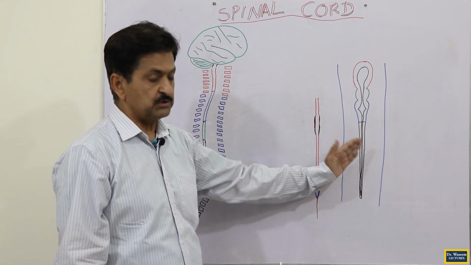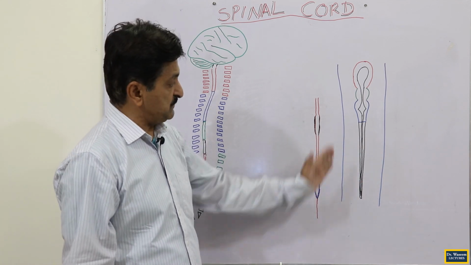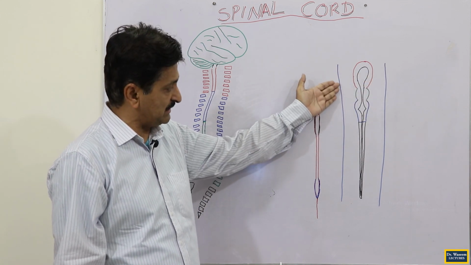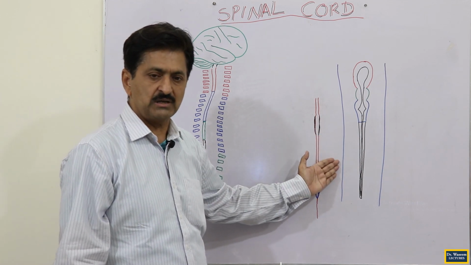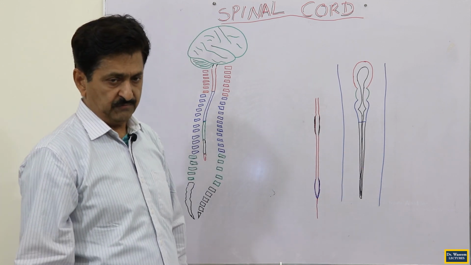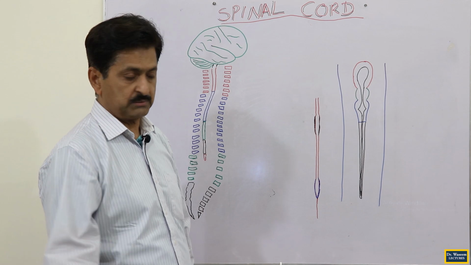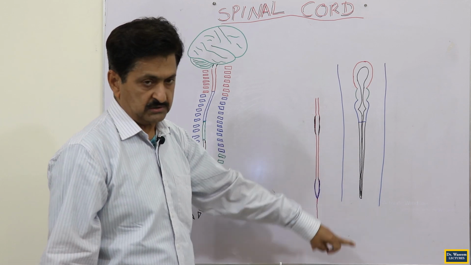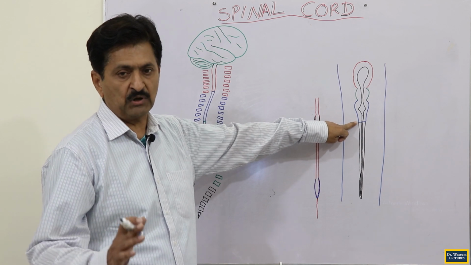On either side of this neural tube lie the two neural crest cell columns. So that means on the two sides of the brain the same neural crest cell columns are situated, and in continuity with this, in the lower portion of the neural tube, that is the spinal cord, the same two neural crest columns are standing on two sides. We will discuss later what the neural crest cells are and what their contribution is in nervous system development. But at least this is quite clear: where the brain finishes, the spinal cord starts. Your spinal cord starts where the brain's last component, the medulla oblongata, finishes.